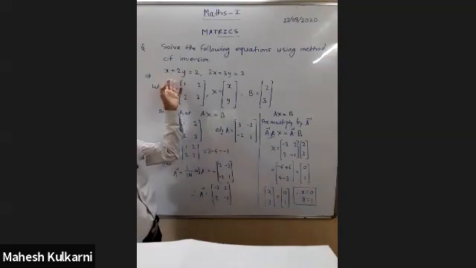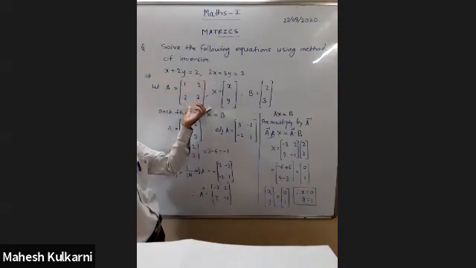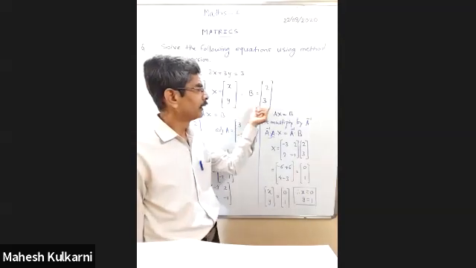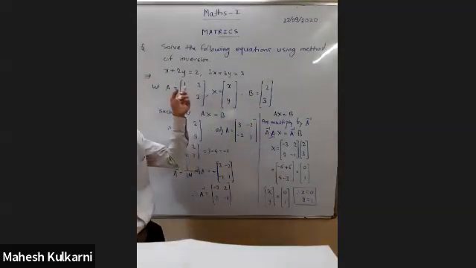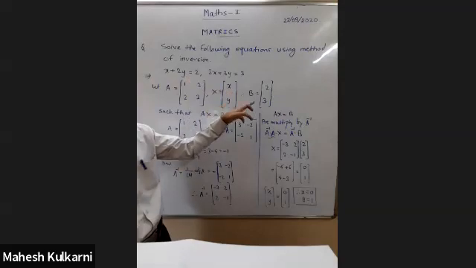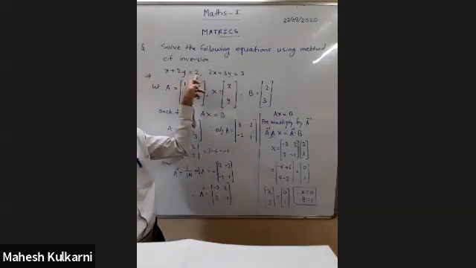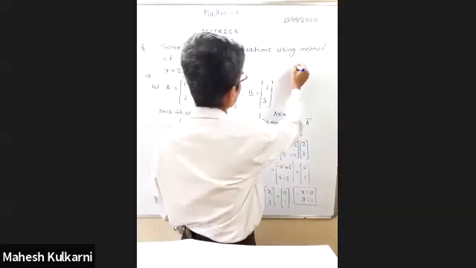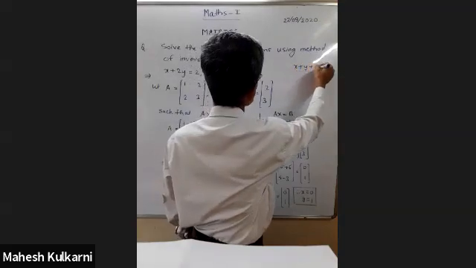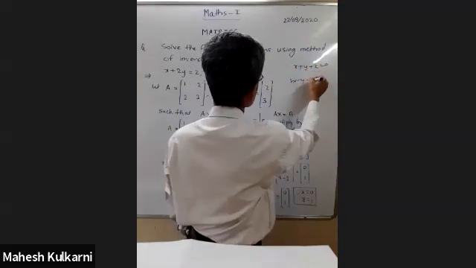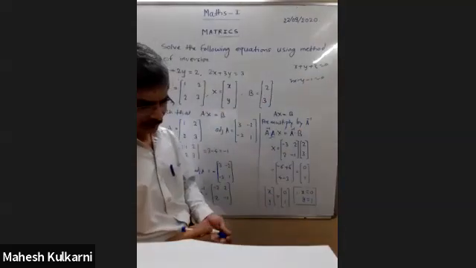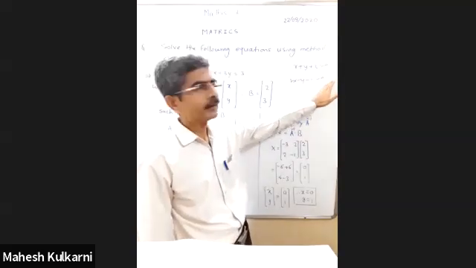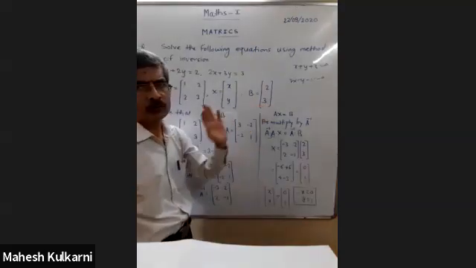The method, the procedure, is very simple. First of all, write the given equations in matrix form: first the matrix of coefficients, the matrix of variables, and the matrix of constant terms. But one more thing: before you write the matrix of constant terms, note that these constant terms should be on the right hand side. In case the equations are given to you like this, x plus y plus 3 equal to 0 and 2x minus y minus 1 equal to 0, then first of all rearrange the terms, write the constant terms on the right hand side, and then write the matrix of constant terms.